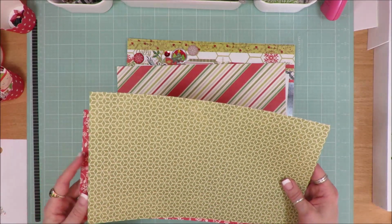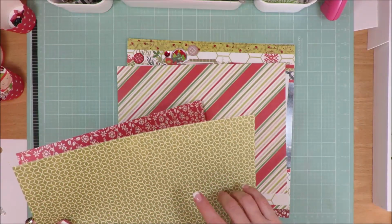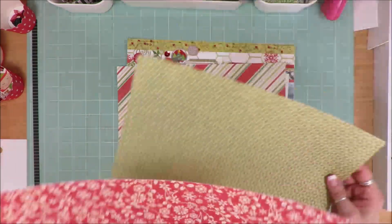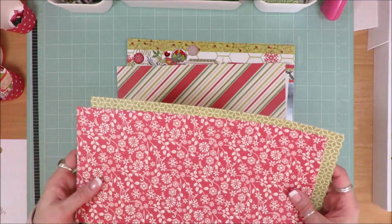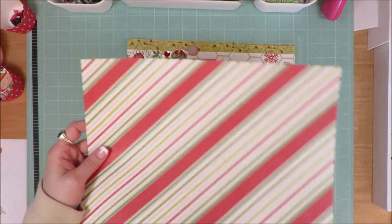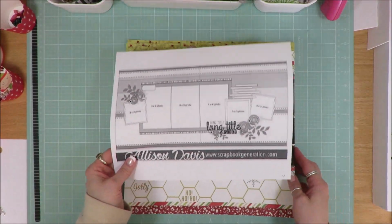I used mostly the green. I used almost, I want to say maybe 5 inches off this, so I think that's 7 inches left. And I used 6 inches of this one. And I used more border strips off this one. And then there's my sketch,